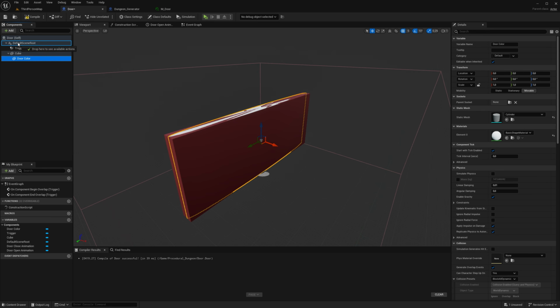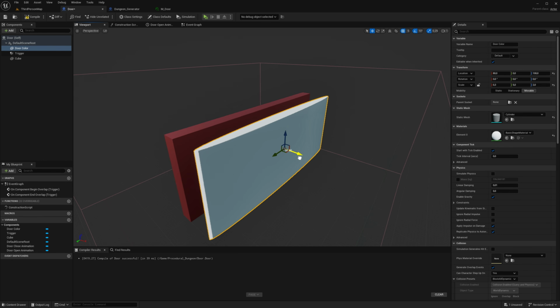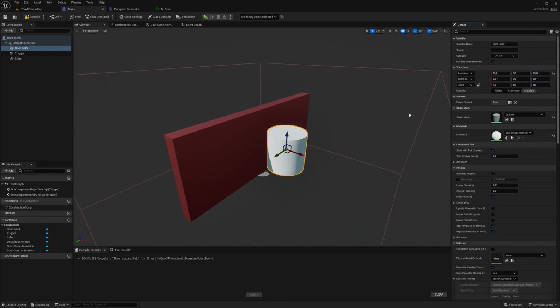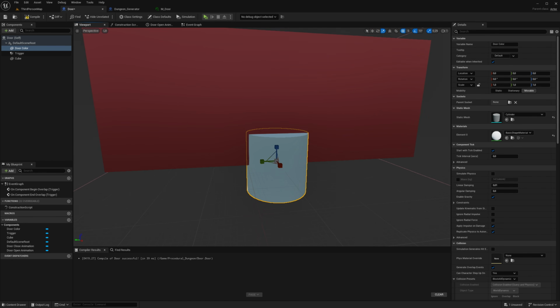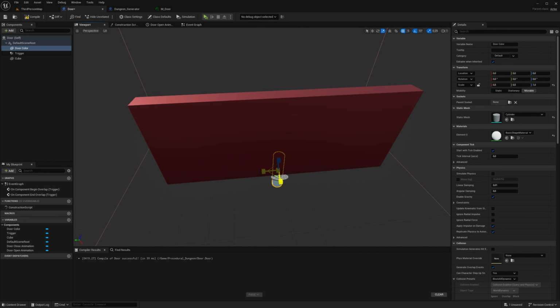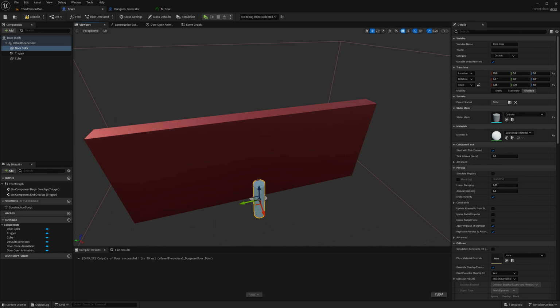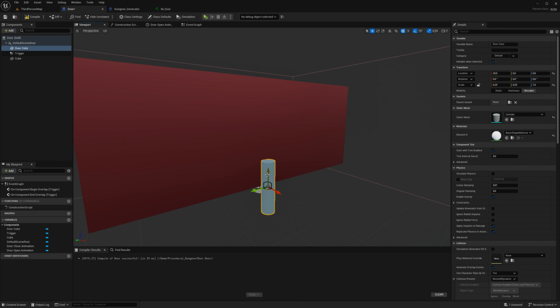And then just plug it into default scene root, attach. Yeah, it got the scale from this, so just reset the scale here. Reset the position, and now we're just going to make a light like you have on a garage or something like that.